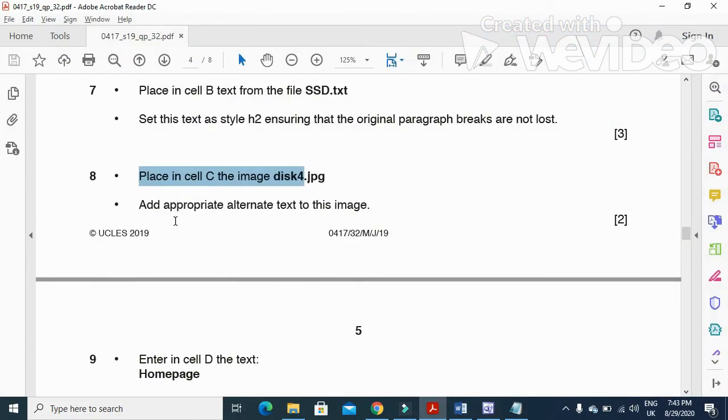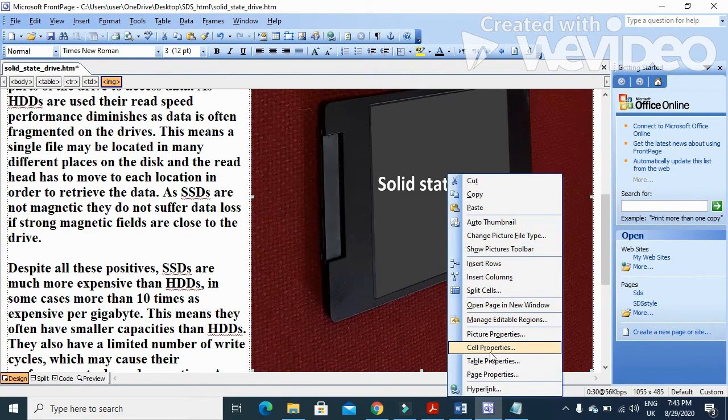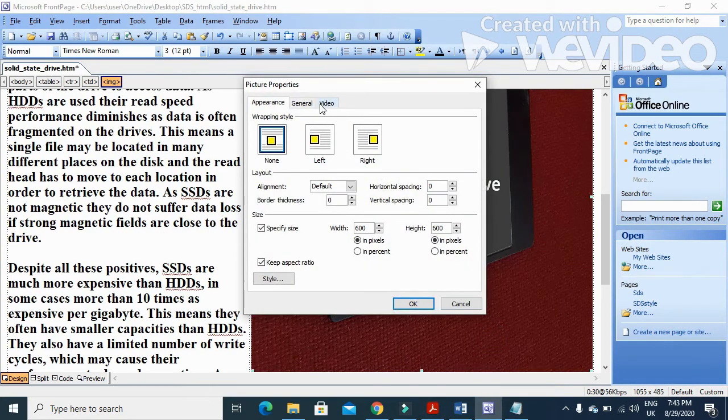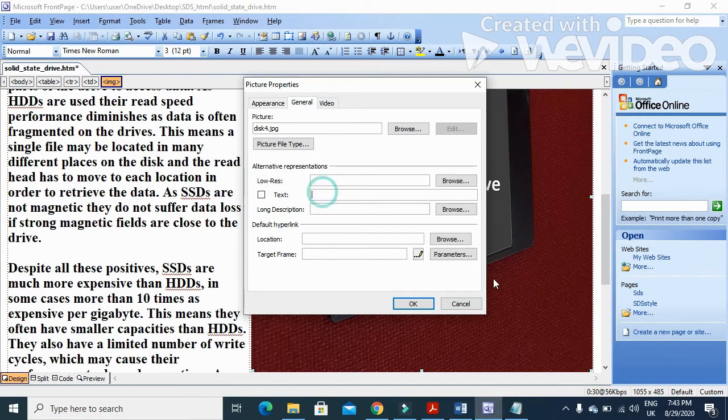And then next step is add appropriate alternate text. So right click, picture properties, then general, and I'm going to type here solid state drive. That's it. Okay,